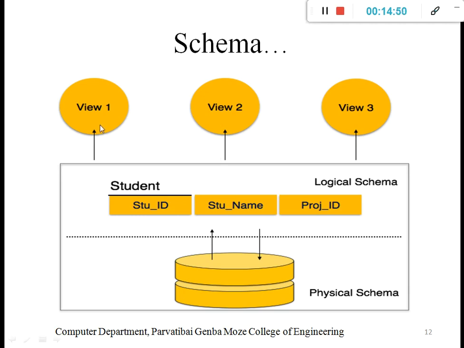That is one type of design, where a particular screen shows the result of a particular student. That is the view schema or view design. Second is the logical schema. A particular database stores the student information in a table, like student ID, student name, project ID, and another table contains the student result with subject-wise marks. When the student views the result, it checks the student ID, verifies the result, and shows it in the browser or on the computer screen.